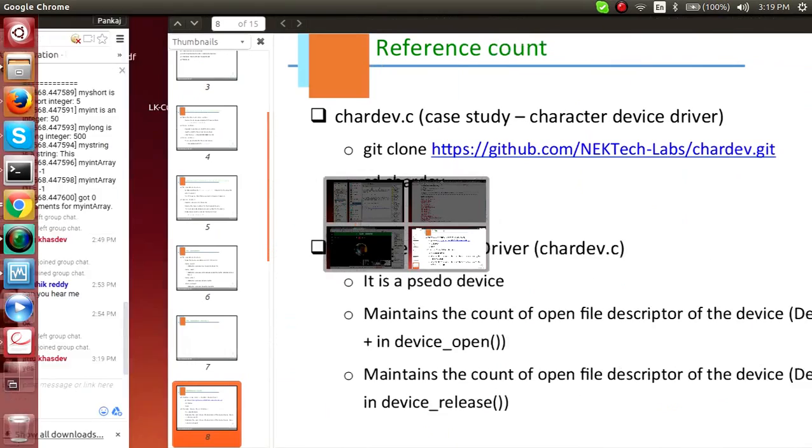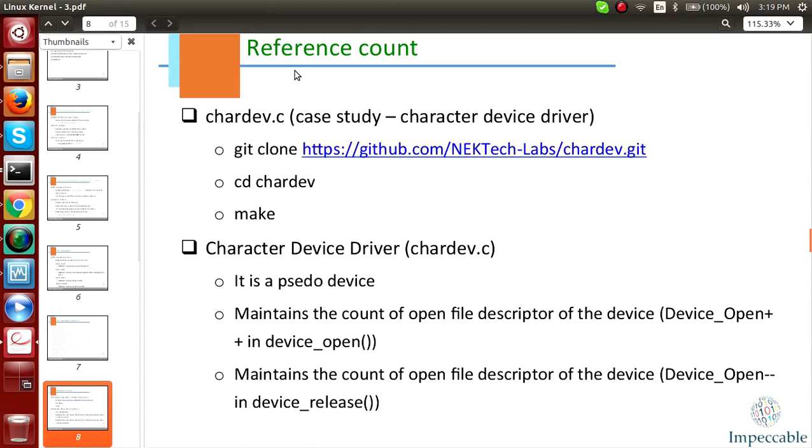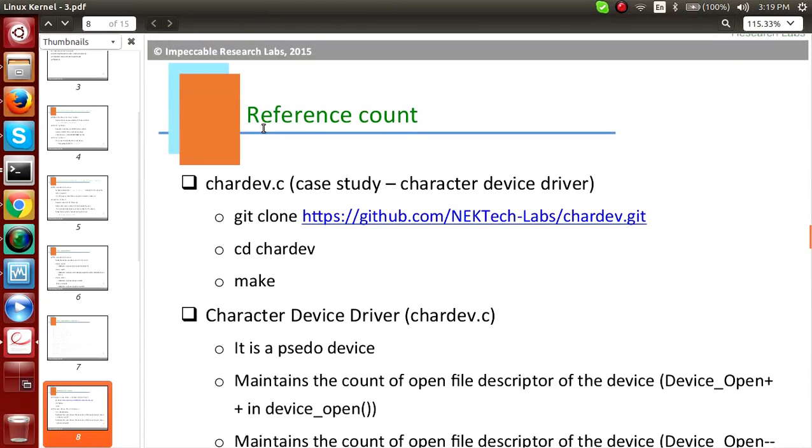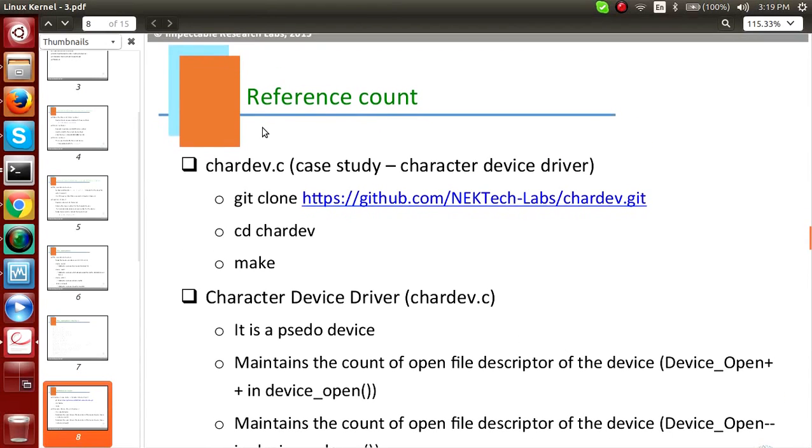Okay guys, do this exercise. This is on page number 8 of today's slides. What you need to do is get this source code, move to the root of the source code and compile it.